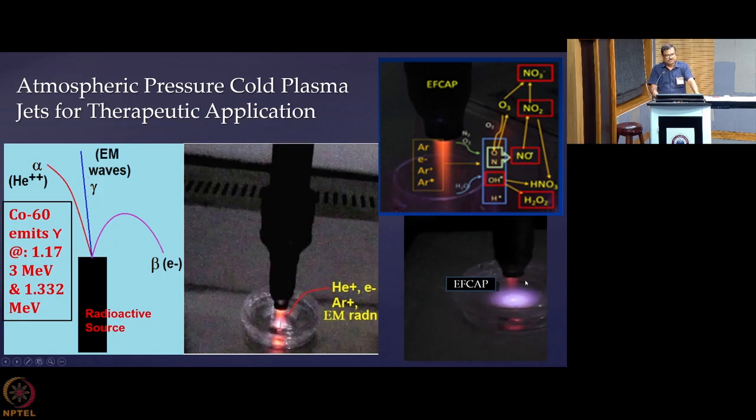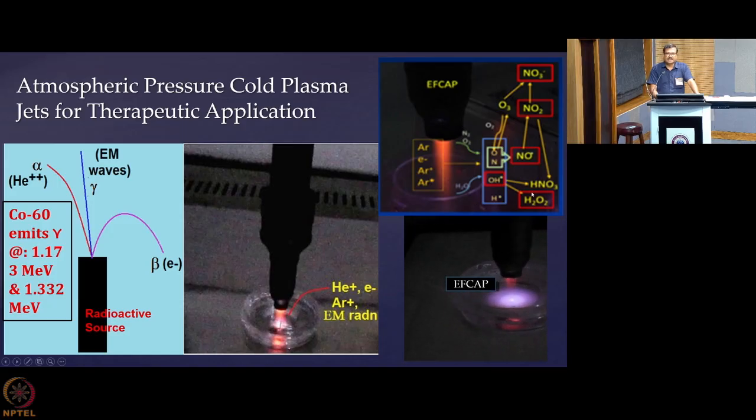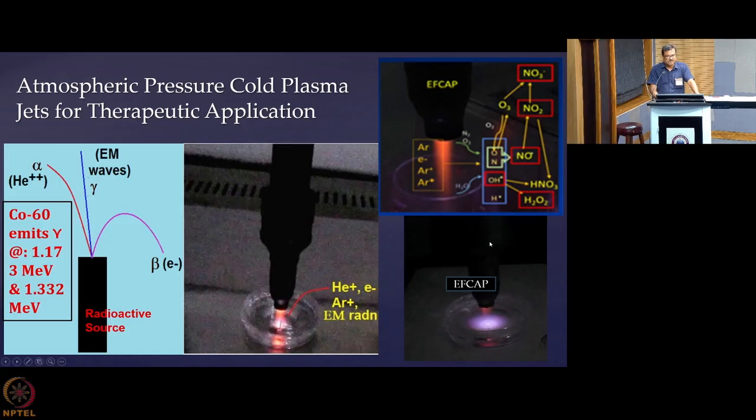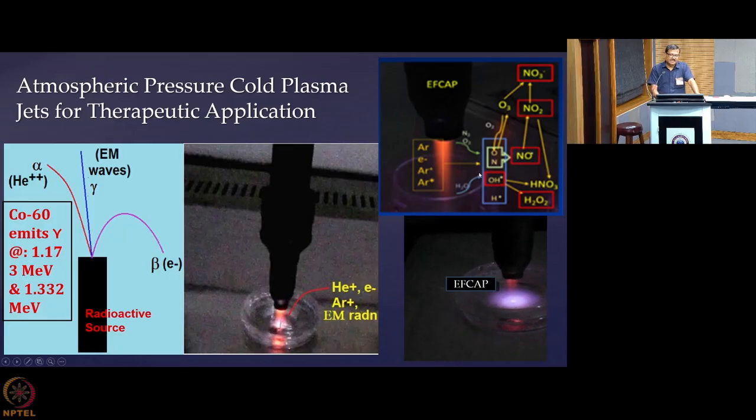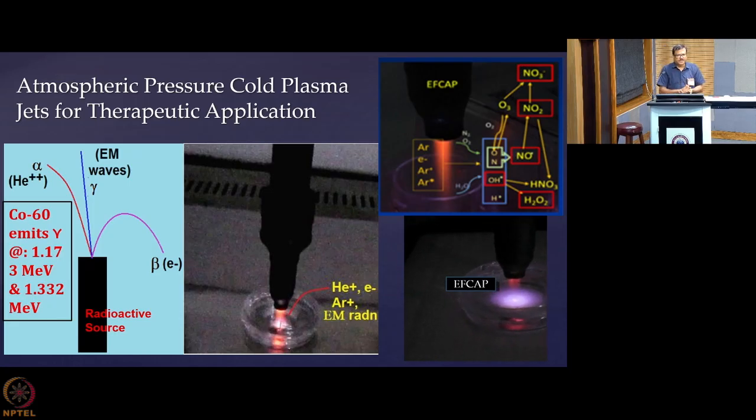It can produce H2O2 as well from the hydrogen and oxygen reaction, which has enough antimicrobial activity, and nitrites and nitrates can also be produced. And there is another radical produced, OH, which is very dangerous for human or living cells. It can rupture the membrane. So all these agents influence the biomedical application.